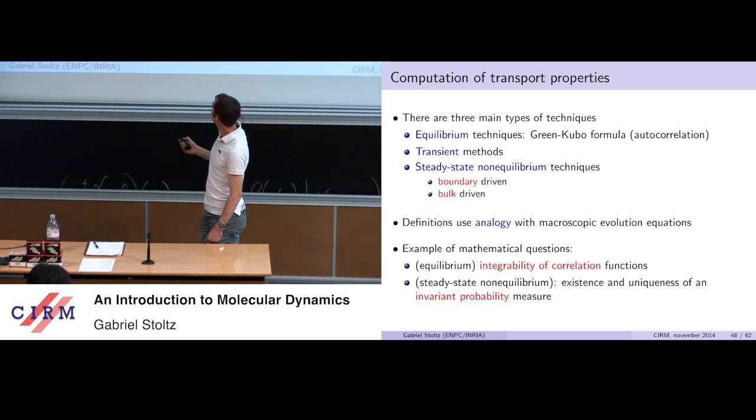What you would like to compute, for instance, is a shear viscosity, a thermal conductivity, a self-diffusion coefficient. For that, dynamics matters, and we have to understand how it matters. From a very general perspective, there are three ways of computing a transport coefficient, and they are all analogous to what you would be doing at a macroscopic level. First, there are equilibrium techniques, which are based on the Green-Kubo formula and on the regression of infinitesimal perturbations. You say that you've got a material at equilibrium, you do a little perturbation here, and you look at how the perturbation decays as a function of time.